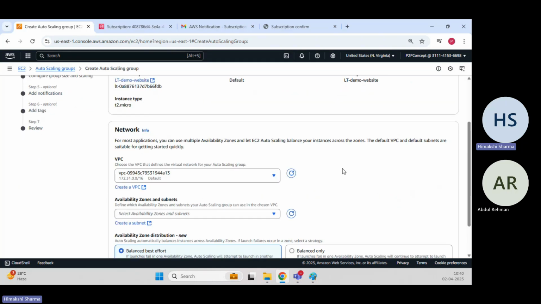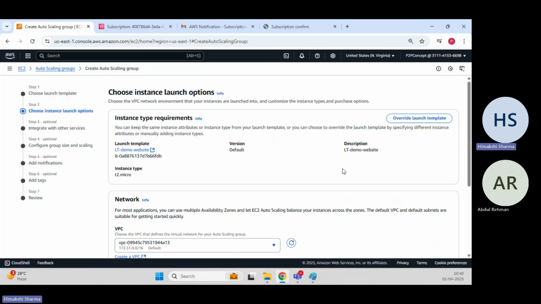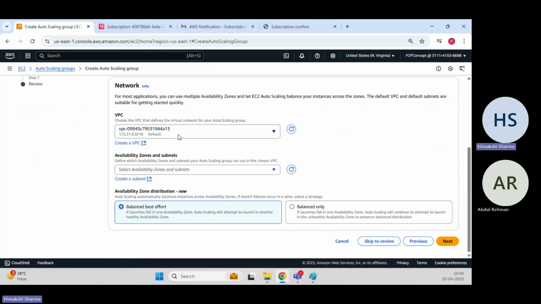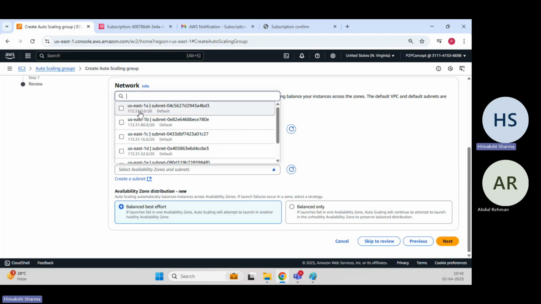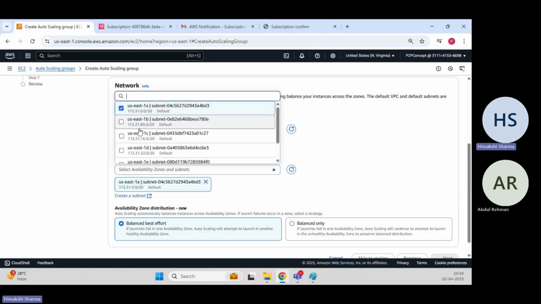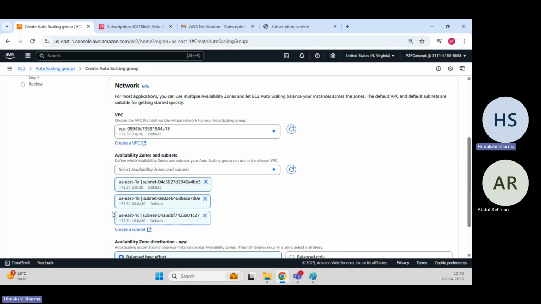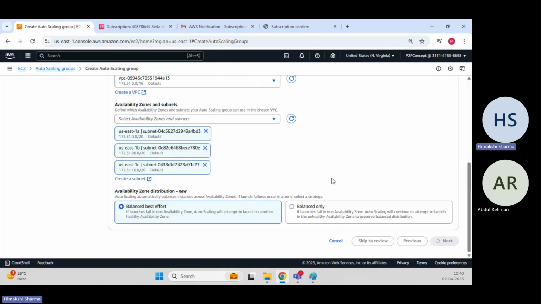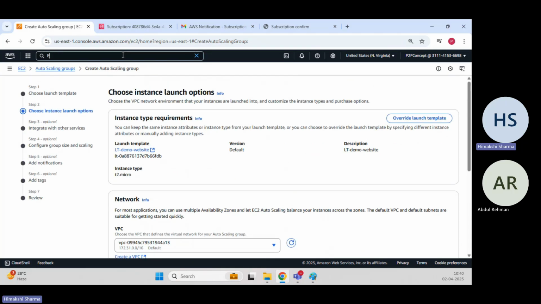Okay, and here what we'll be doing network, I want to have it into the default VPC which I have. And next I want the EC2 instances to run in so and so availability zones. So here I go. Now, here we have the option that is availability zone distribution. So for example, here, if EC2 instance T2.micro, okay, as part of launch template,